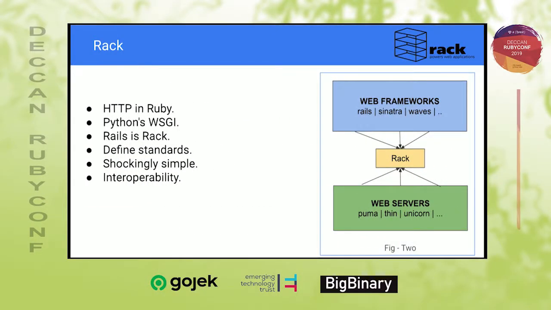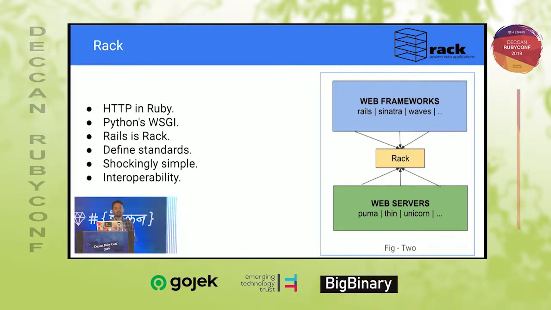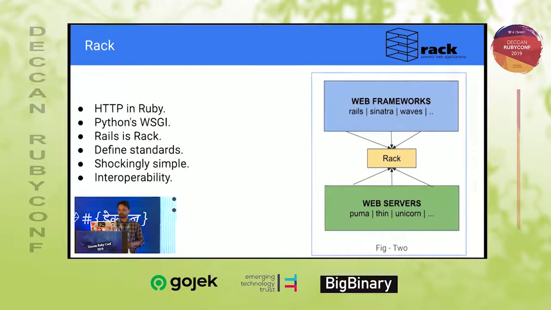So, details of Rack. What exactly is Rack? Rack is an HTTP interface for Ruby. It's like writing HTTP in the Ruby language. It gives interoperability between web servers and web frameworks. This is inspired by Python's Web Server Gateway Interface. This is a fantastic piece of thing we have with Rails. I can say Rails is a full-fledged, powerful Rack app. Rails is built on top of Rack. You can have a small Rack application without Rails doing a certain kind of functionality.